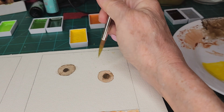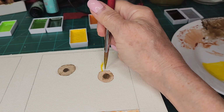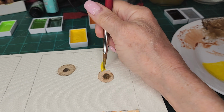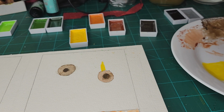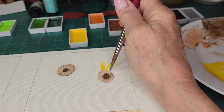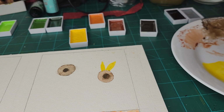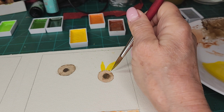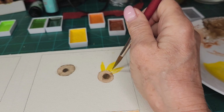So the next thing I'm going to do is take my brush, and I'm just going to make little whimsical strokes, and you can see the brush actually helps you. It's not that hard, so don't be afraid. These are going to go into a journal that I'm working on for a friend, and we're going to go around like that